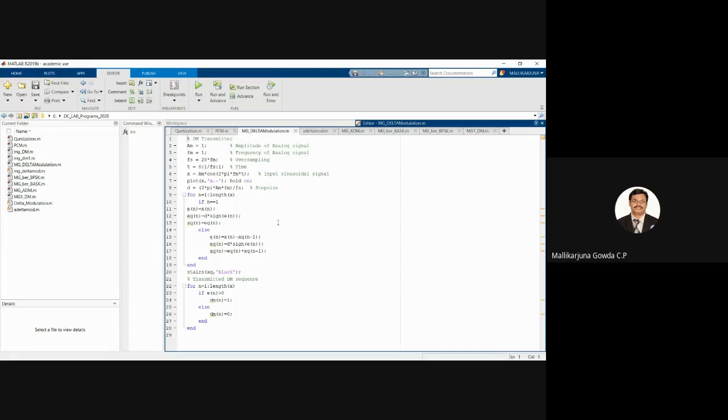have you noted that diagram? In the delta modulation, x of nTs is one input, another input is x hat of nTs, right? The difference of that is e of nTs, which will be given as input to the 1-bit quantizer. The output of that 1-bit quantizer will be eq of nTs, which is encoded with plus delta and minus delta as 1 and 0. The output of that 1-bit quantizer will be given as input to the accumulator circuit. So I hope the diagram is there in your mind.